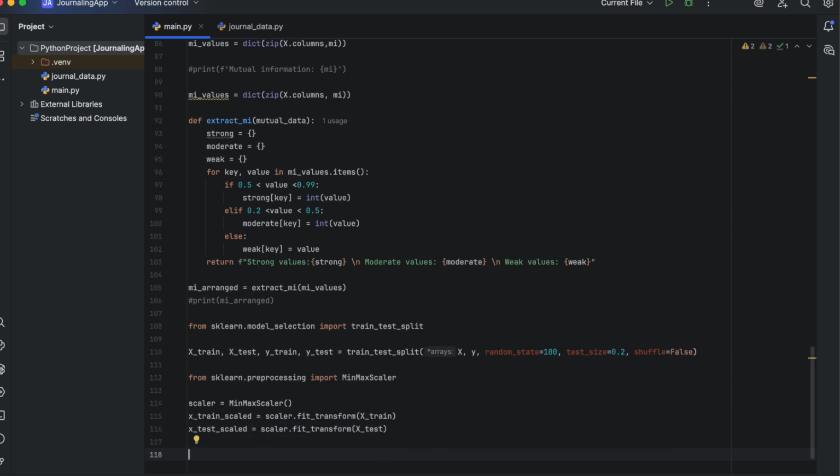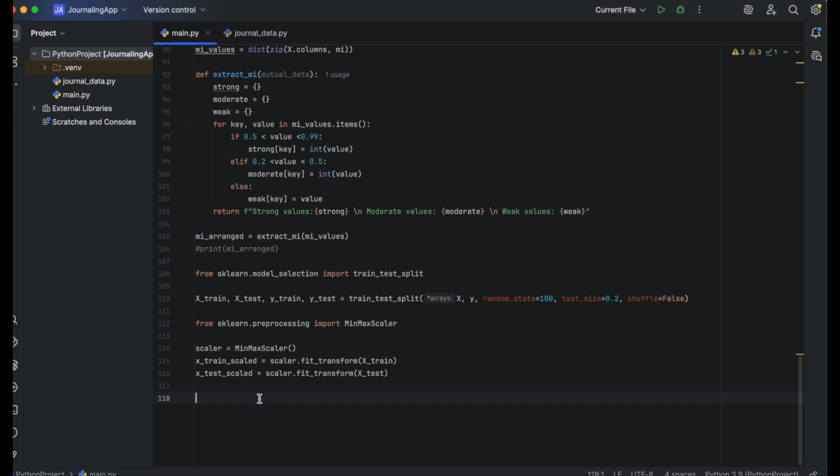Before we explore what algorithms might suit us best, let's first check whether we are going to work with balanced classes.